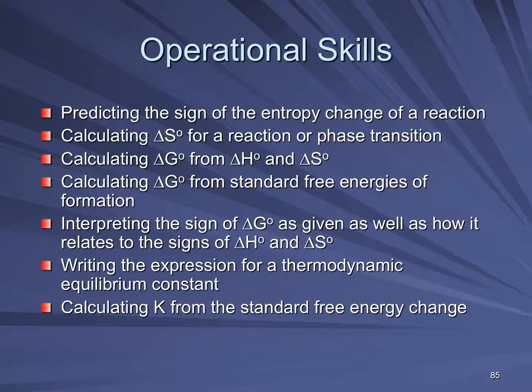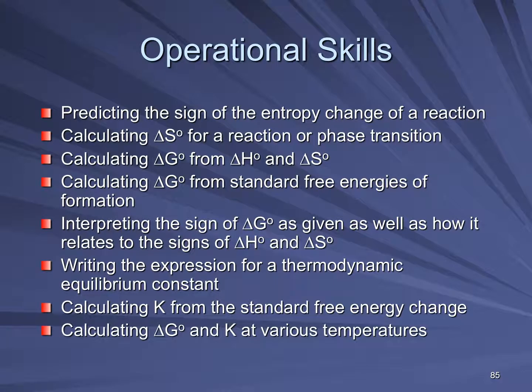Be able to calculate K from delta G, the standard free energy. And then be able to calculate delta G and K at various temperatures, using delta H minus T delta S, and once you find delta G, you can plug it in and find K at whatever